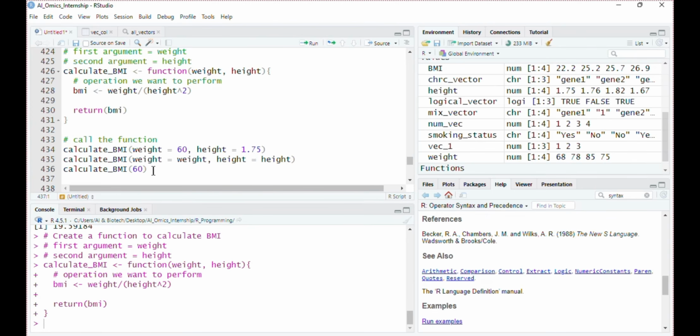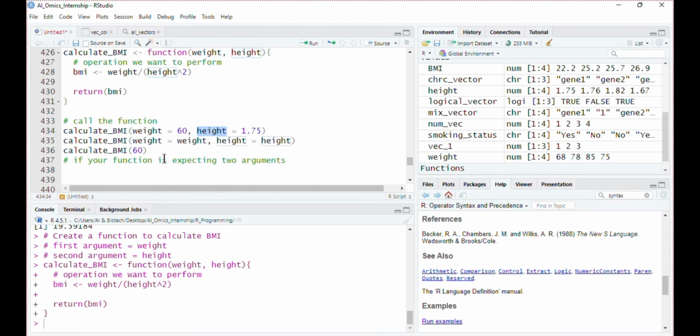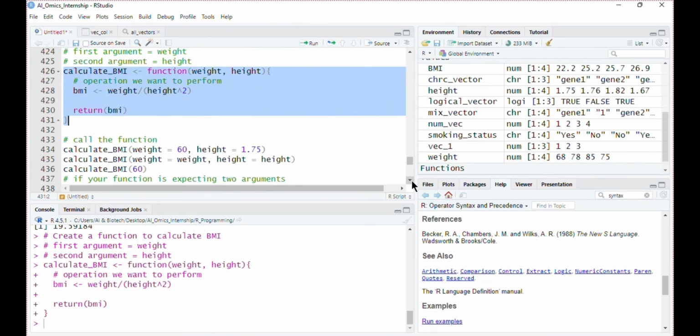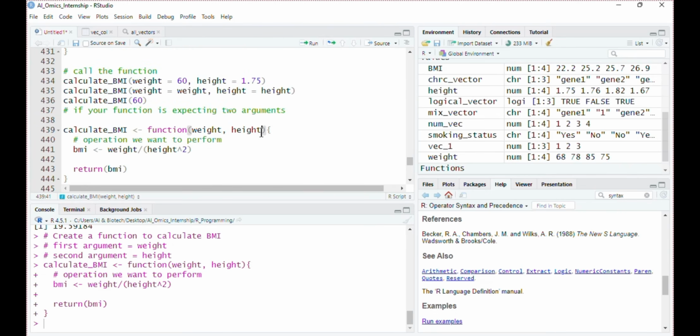The important thing is that if your function is expecting 2 arguments, you have to pass these 2 arguments. Otherwise, R will throw an error. Similarly, if we specify 3 arguments but within our function body we use only 2, R doesn't care about the third argument. Let's say I create a new variable and